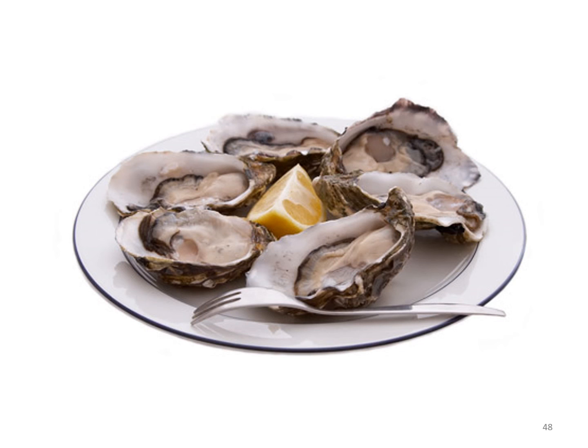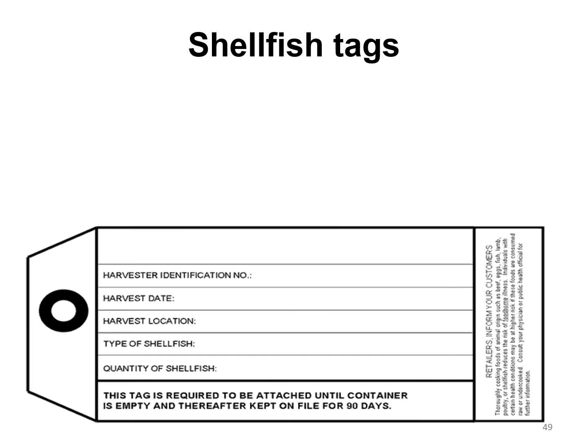So where did these oysters come from? Only pre-approved locations in the ocean are allowed to be harvested for shellfish. The harvester must identify the location, date, type, and quantity of shellfish removed from the sea. This tag must remain on the bushels of shellfish until they are used up and then retained by the establishment